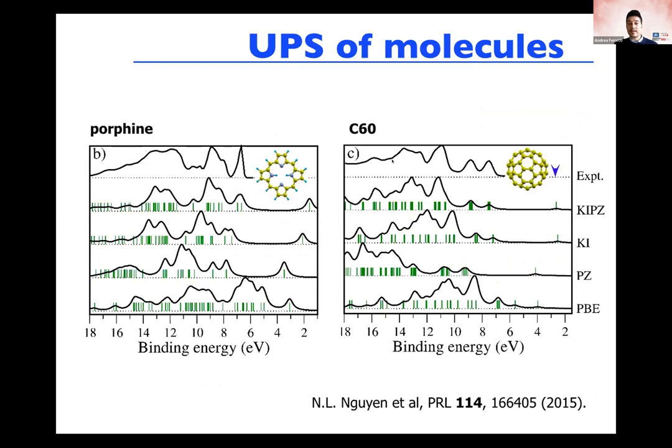The top line is the experimental photoemission spectrum. Here is PBE at the bottom. You see that this is pretty much off. This is the LUMO, if you want, so empty states. These are the HOMOs, and you see that KIPZ is really able to reproduce most of the features, and now also most of the shape of the photoemission